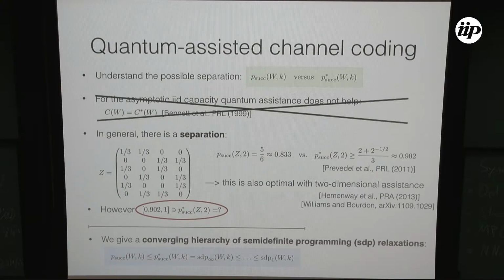Okay. So in particular, if you look at this SDP1, the first level, this will give us an efficiently computable upper bound, and then we can add more and more constraints to get to the higher levels of the hierarchy. And if we actually go to an infinite level, then it also converges back to the p star. But of course, this will be again of infinite size in general, and so it becomes inefficient if you're really going to take the limit. And actually, we cannot say anything on the speed of this convergence. So, please.